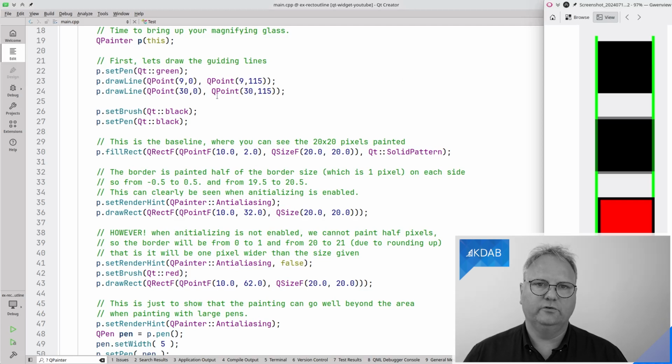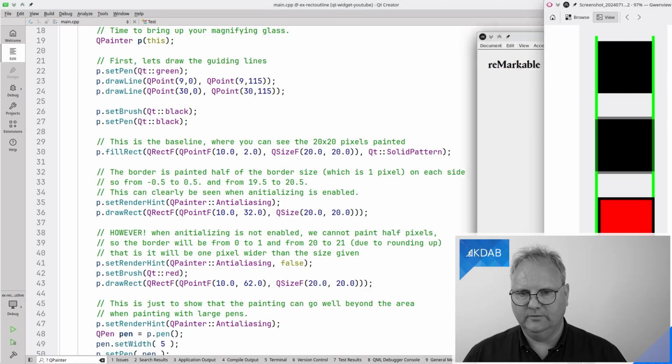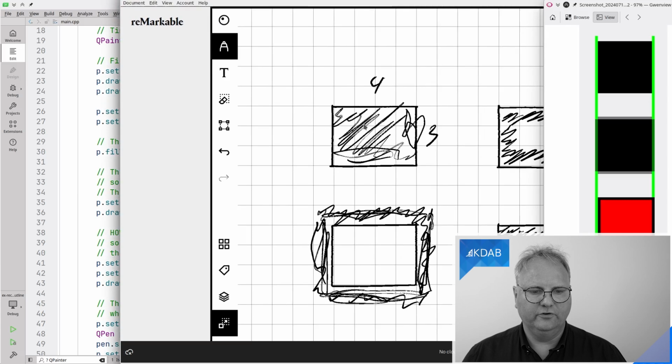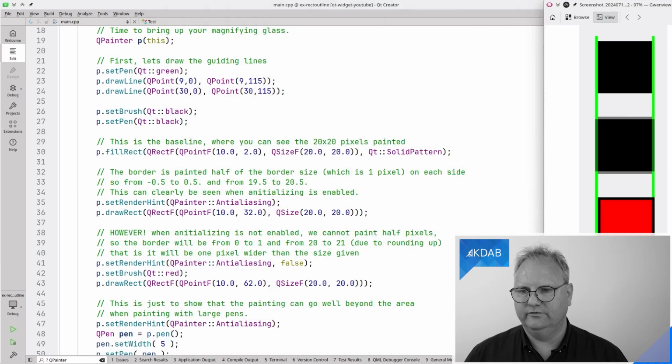So that gives me those 20 columns of black pixels. Okay, that's the sanity check. That's this version over here. I said, can we please fill in these pixels?